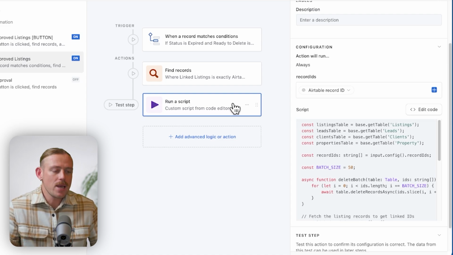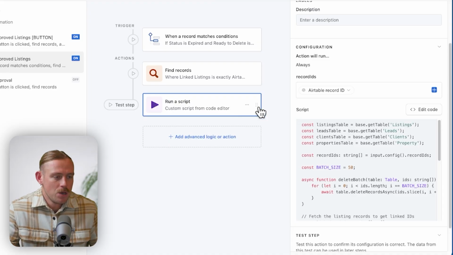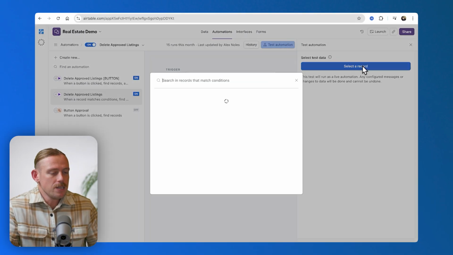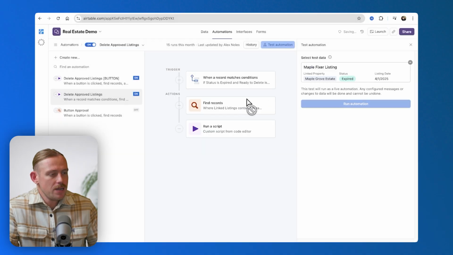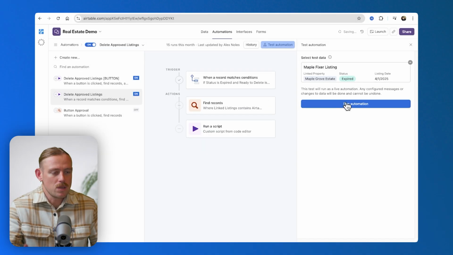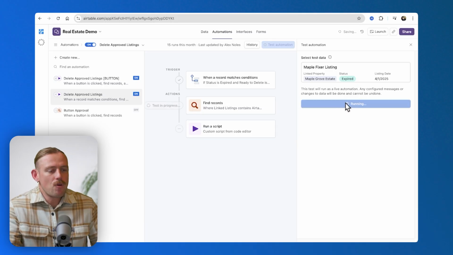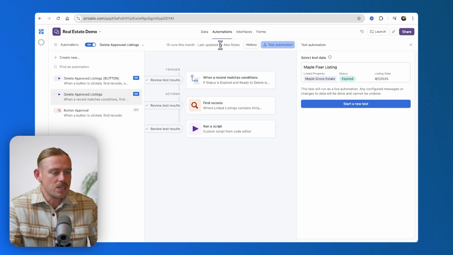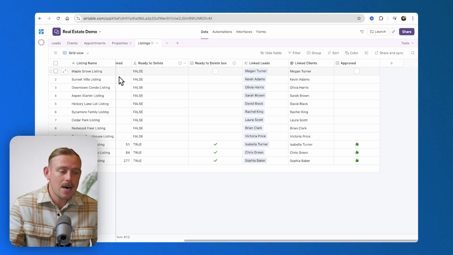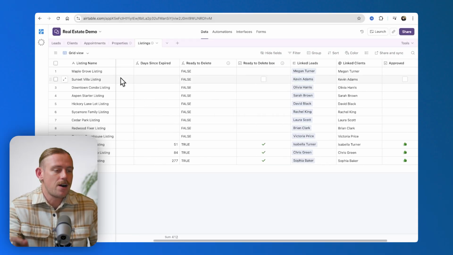So this is the script that we have, and don't worry, it looks technical, but it's actually pretty simple. Once everything is connected and cleaned up, we need to test it. So we'll pick a listing, set it to expired, and make sure it meets the ready to delete condition, of course, whether that be formula or checkbox. Then run the automation, and you should see linked appointments removed, related records cleaned up, and that listing itself finally